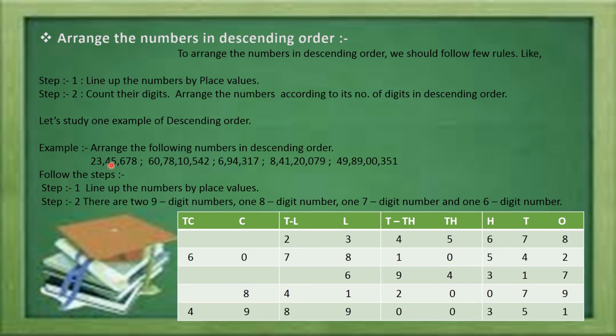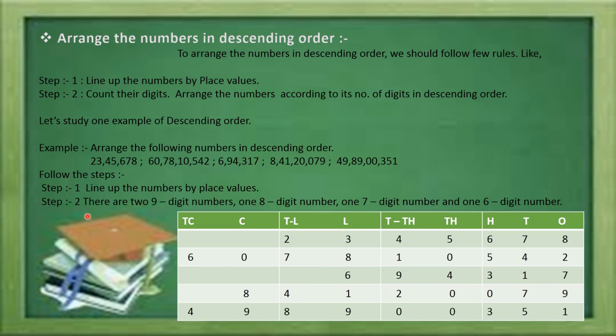Like that, 5 and 4 are arranged. 5 comes on the thousands place, 4 comes on the ten thousands place. 3 and 2 come in the lakhs period, that is, 3 comes on the lakhs and 2 comes on the ten lakhs position. Now in that way we will arrange all the figures. What is the next step?